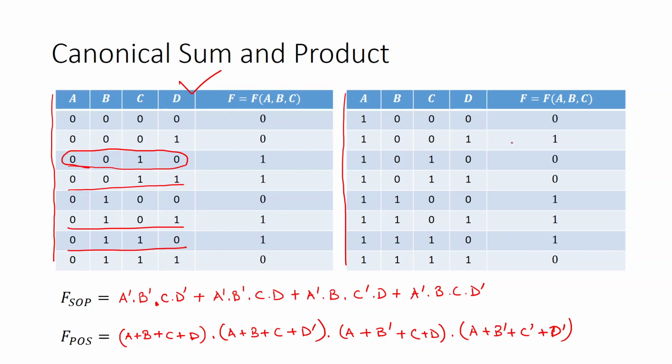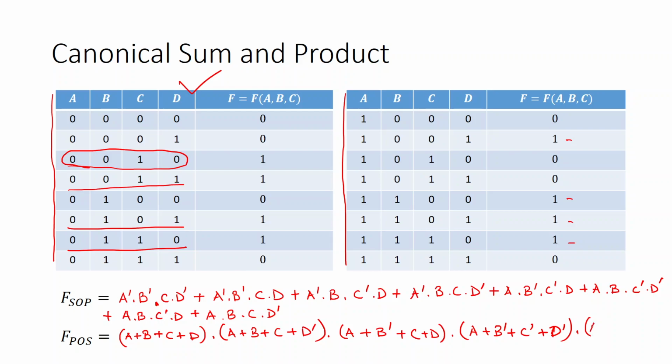So what other min terms are there? Here, this one, this one, this one, this one. So these are the min terms to be added. Let's add. So this would be A, B dashed, C dashed, D, A, B, C dashed, D dashed, then A, B, C dashed, D dashed, A, B, C dashed, D, A, B, C, D dashed.